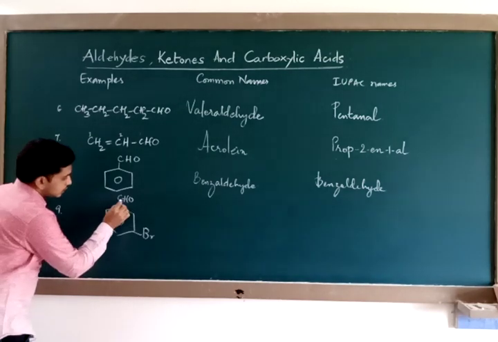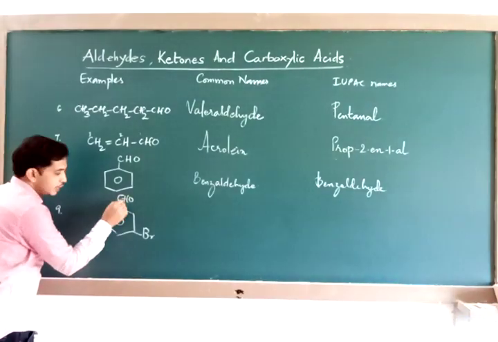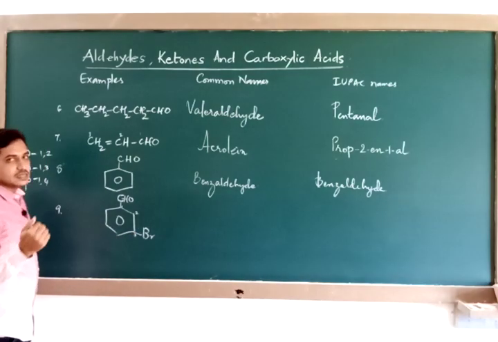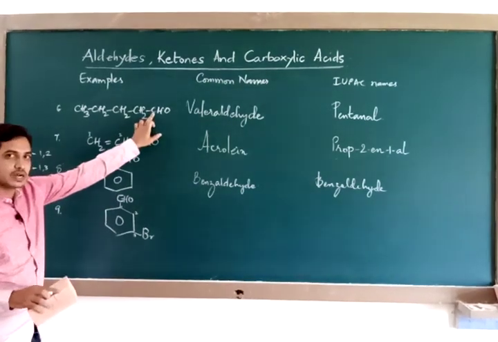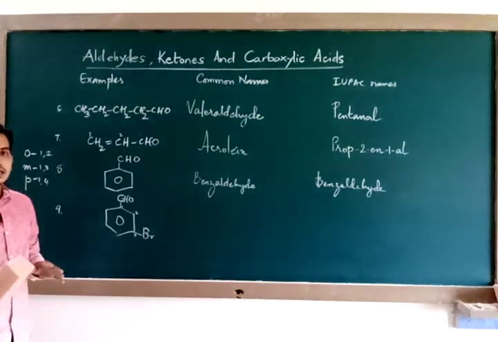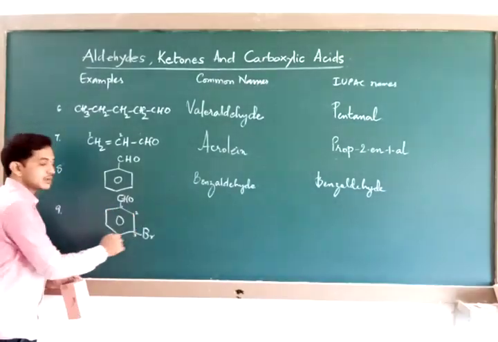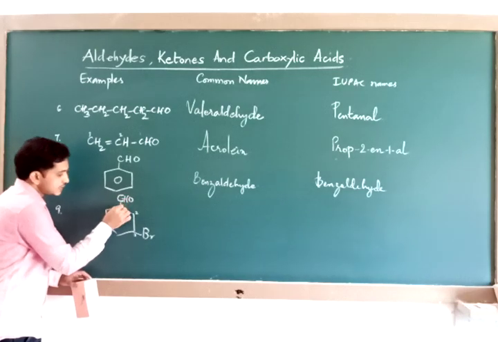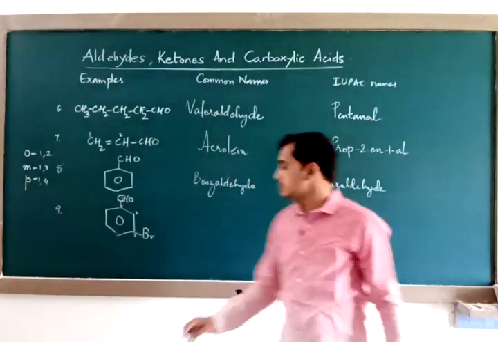Now see, the carbon which is attached to the aldehyde group in aromatic compounds is labeled 1, 2, 3. You may ask, sir, you said this should be counted as 1 while writing, why aren't you counting this? In aromatic aldehydes, the aldehyde group is not a part of that chain. So the benzene carbons are considered as part of the chain. Therefore, to whichever carbon the aldehyde group is attached, that is labeled 1, 2, 3. Therefore, the correct IUPAC name will be